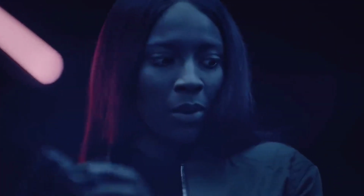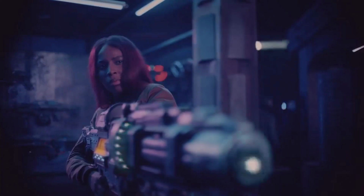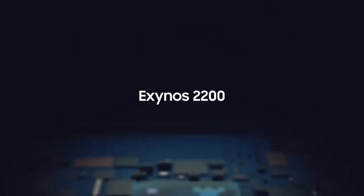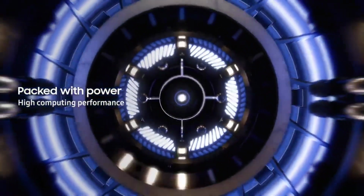Samsung has officially announced the Exynos 2200 that's gonna power the S22 series in some regions. We're gonna go over something strange that happened with the launch that has never happened with any Exynos chipset before. We're also gonna go over the specs, features, and benchmark for the GPU and see how it compares to the